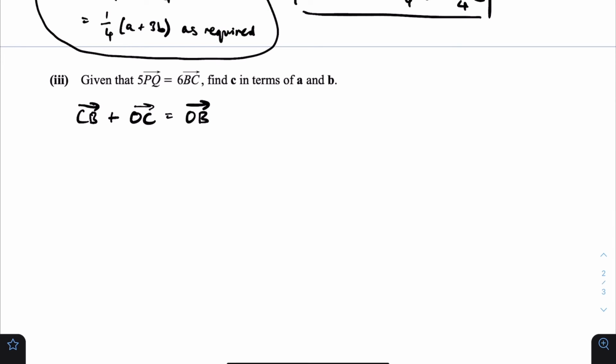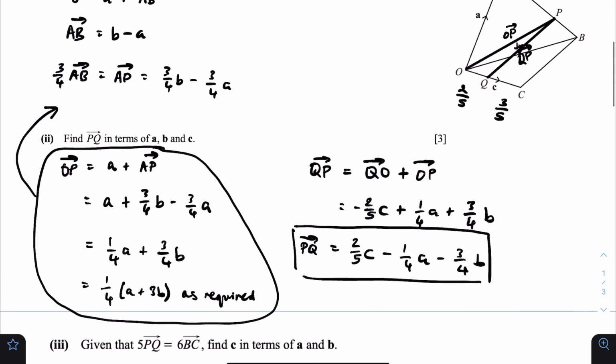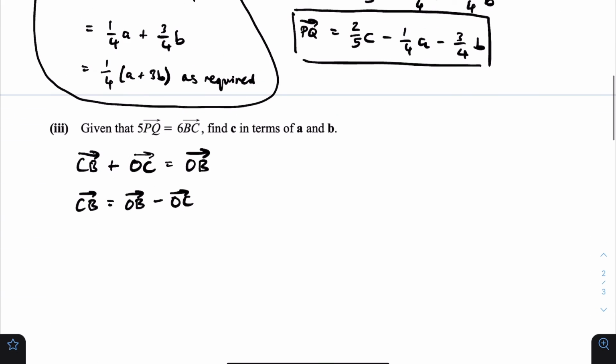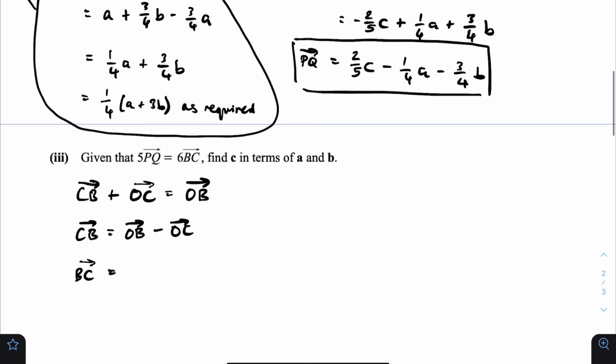If we rearrange for CB, we get CB is equal to OB minus OC. And what that means is that BC is equal to,